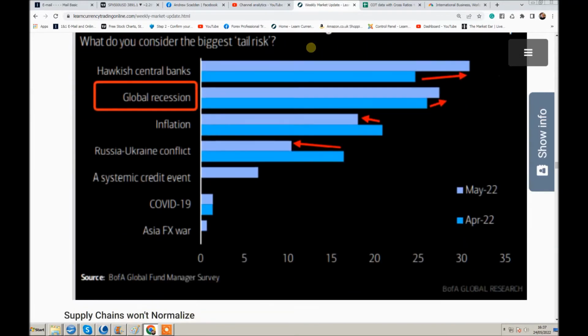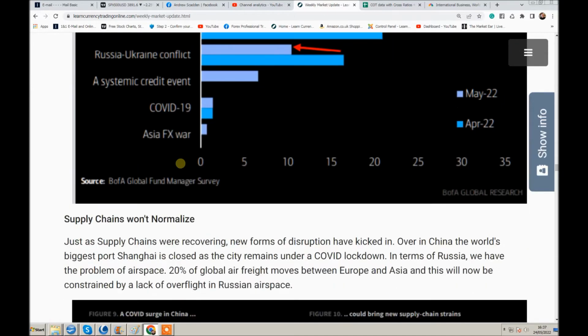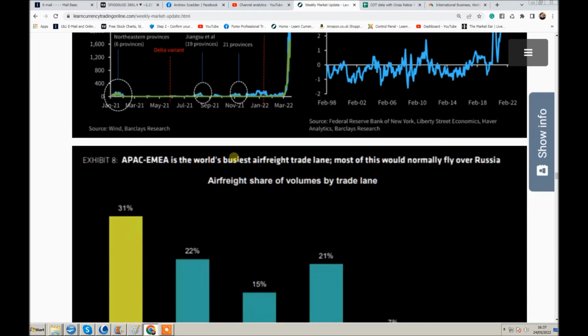Now, this one here, hawkish central banks and recession fears grow while inflation and war fears drop. Okay, global recession is now second behind hawkish central banks in the same poll, actually. Okay, we've still got Russia-Ukraine conflict very much in focus, and inflation is still really high. Okay, now in terms of the next chart I want to show,